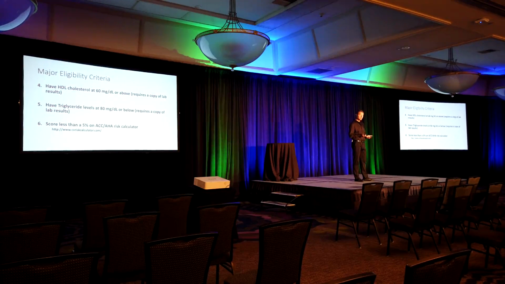4, you have an HDL cholesterol of 60 milligrams per deciliter or above, and you have triglycerides of 80 milligrams per deciliter or below. And last of the major criteria is that you score less than a 5% on the ACC-AHA risk calculator. Again, the link is provided here at cvriskcalculator.com. Now, I should emphasize, I've just gone through the 6 major criteria, and that'll probably knock out most people,